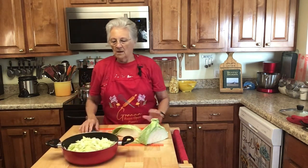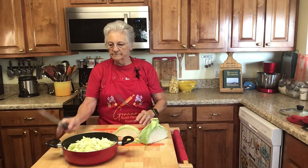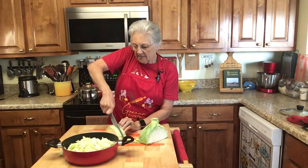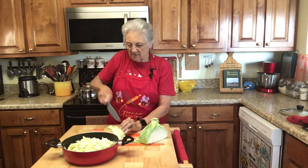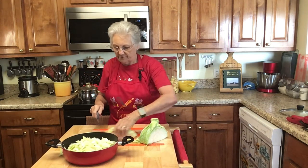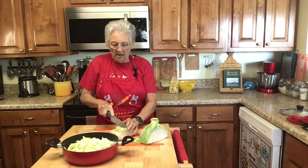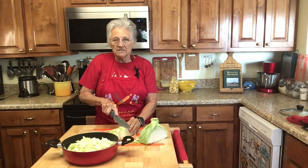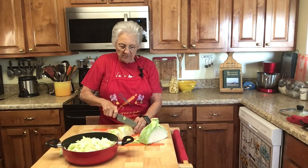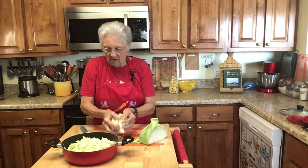I'll put salt, pepper, and a little bacon grease in it. And the way I cut my cabbage, I just cut them in little strips like that. And then I just cut them in little bite-sized pieces. And I'll put just maybe a couple of tablespoons of water. I won't put much water in my cabbage and I'll put a lid on them and I'll just steam them